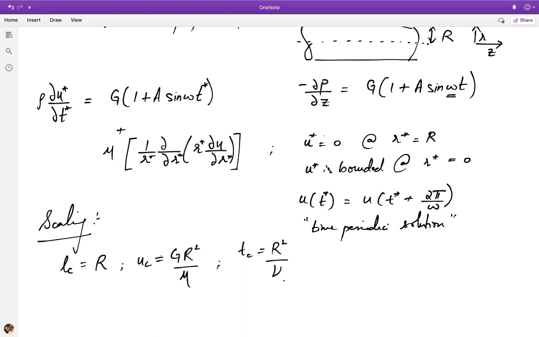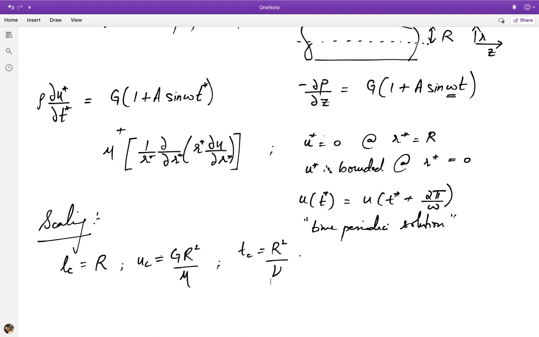This is, of course, one possible time scale. Our problem clearly has another time scale that comes from the forcing frequency, that is 1 over omega. So since we have two time scales, we should expect the ratio of time scales to show up as a non-dimensional parameter. Now if I had chosen the time scale as 1 over omega, we would get a non-dimensional number in front of the inertial term, which might allow us to make statements about how important that term is relative to others. But for now, since I'm really interested in resolving the time dynamics of the problem, and I don't want to take the limit of quasi-static behavior a priori, I will set the coefficient of the unsteady term to 1 and choose my time scale accordingly, which means I'm choosing the viscous time scale here.